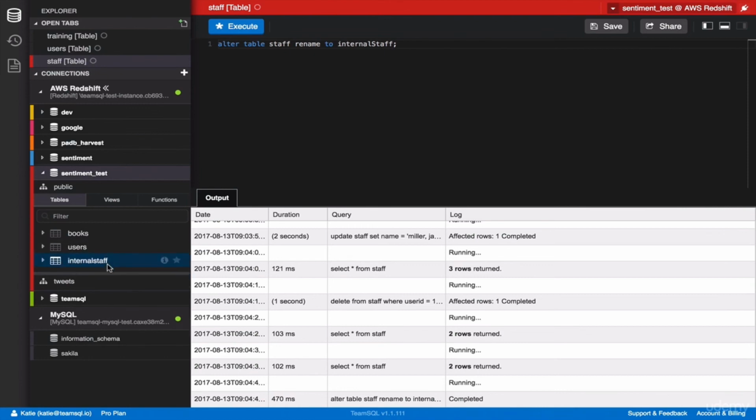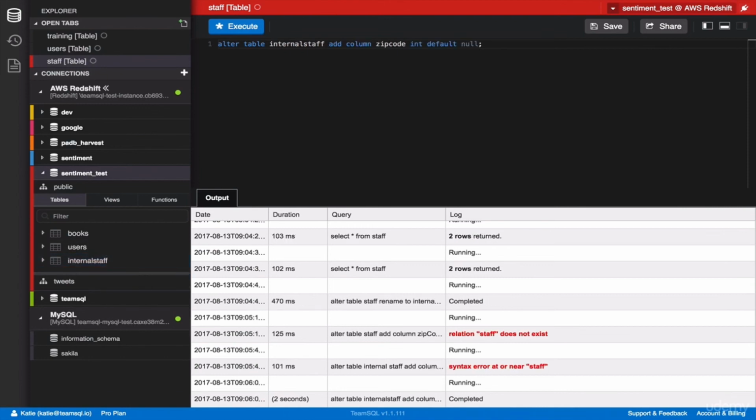You can also do something like add a new column. ALTER TABLE staff ADD COLUMN zip_code INT DEFAULT NULL;